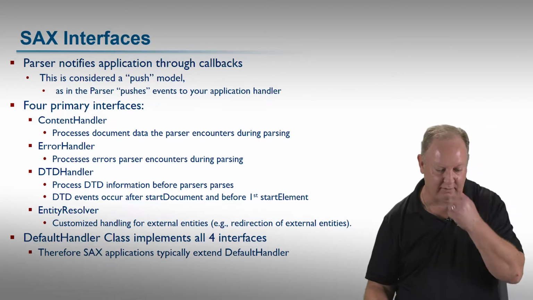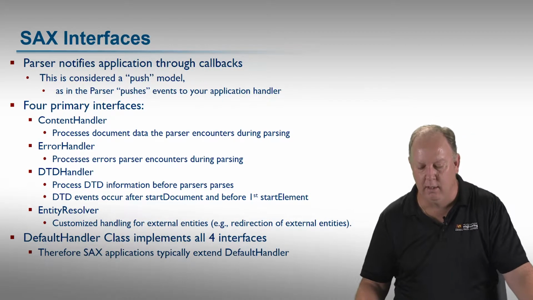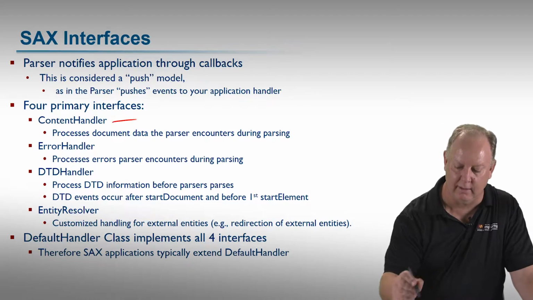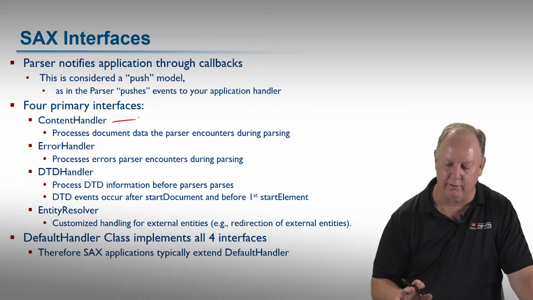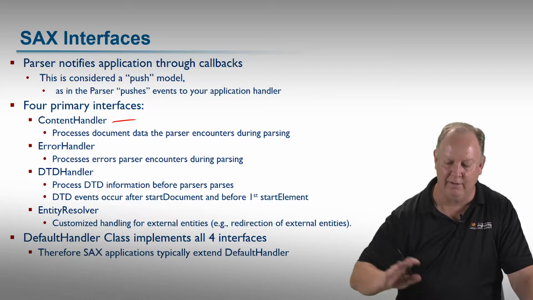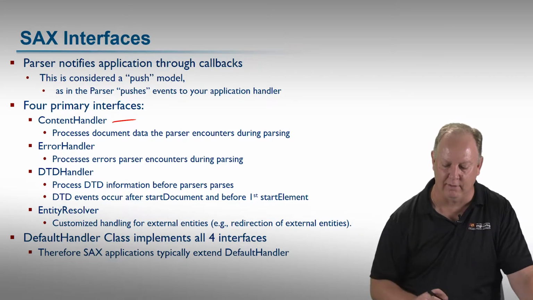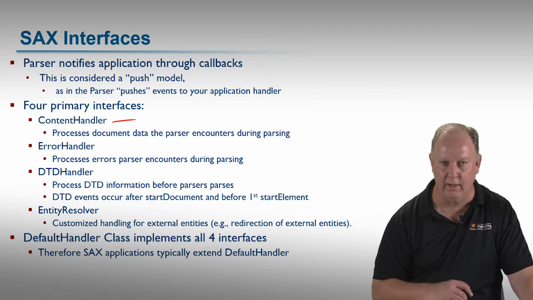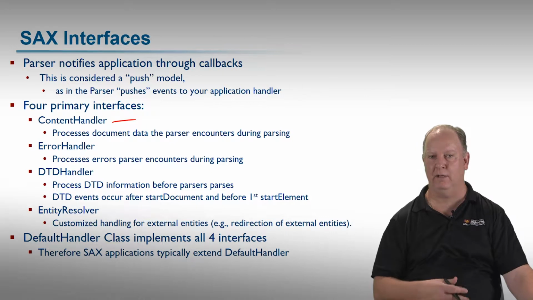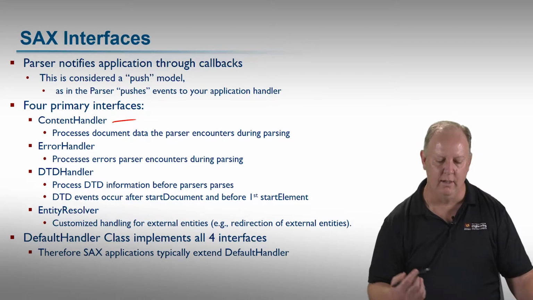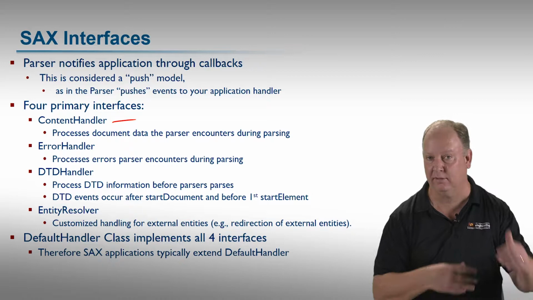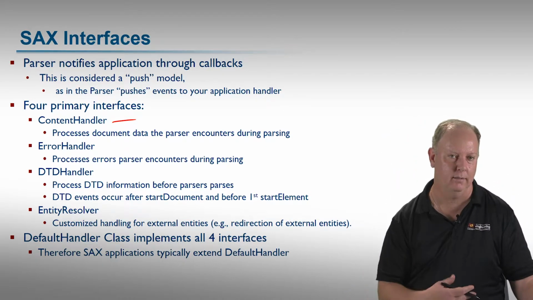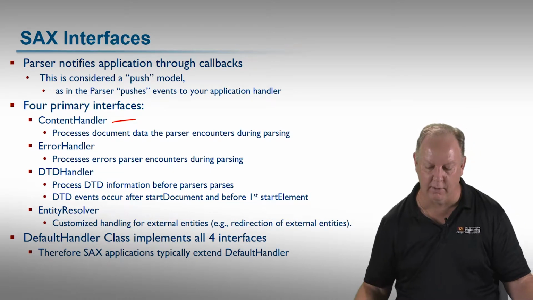Well, there are 4 primary interfaces that you can, if you choose to, implement if you are working with a SAX parser. One is the content handler. It processes document data the parser encounters during parsing and provides different callback mechanisms as part of its interfaces. So the content handler has certain methods that you would have to invoke. There's an error handler. What if there's a problem in the document? It doesn't validate, it doesn't structure, it doesn't give you something that you expect. Well, then you can implement the error handler interface, and there's a set of methods that you would be obligated to implement. So if there's an error callback, the SAX framework knows where to call in your code.